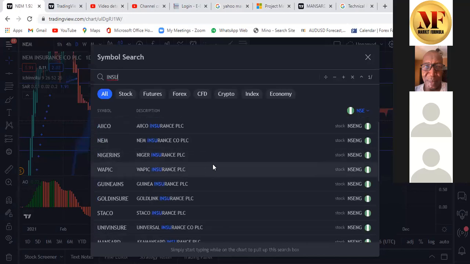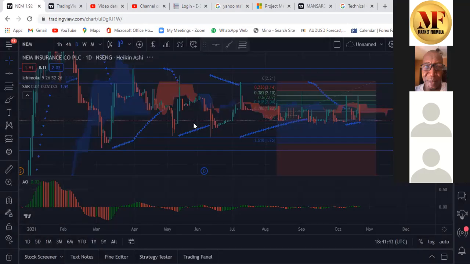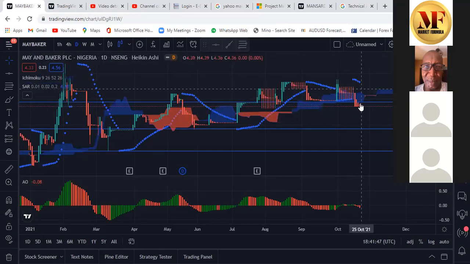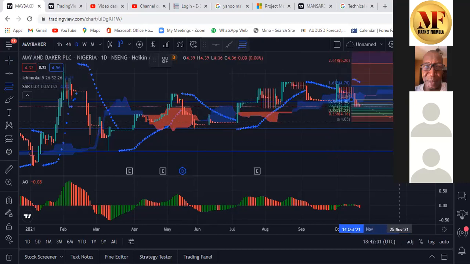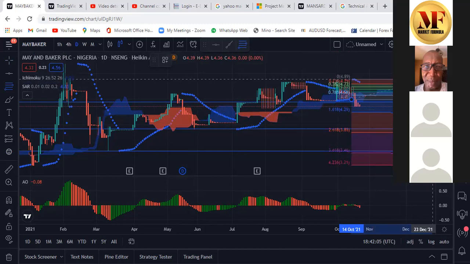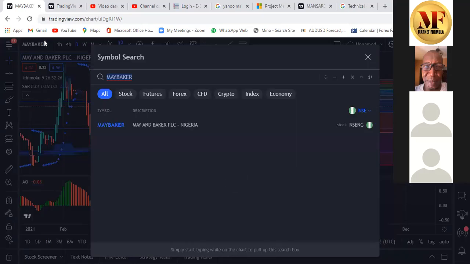Let me see. Can we check pharmaceuticals? Okay. May and Baker. Fitson. Okay, you see, the parabolic SAR is facing down. So you wait, and you come and enter at a support. Let's draw Fibonacci. If you can get it around this level, 3 naira 92 kobo, that's the next support, or this place. But the parabolic SAR is facing down, and the momentum is down. Which other pharmaceutical? Fitson. That's the last one I can take. Then we